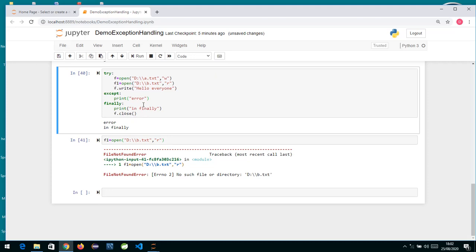Now one more thing is, whenever we open a file by default in writing mode, it is always overwritten. See, if I write over here hello everyone, and again I write welcome, the previous contents will be lost. Suppose I comment out this statement, since the file does not exist it is giving us an error.